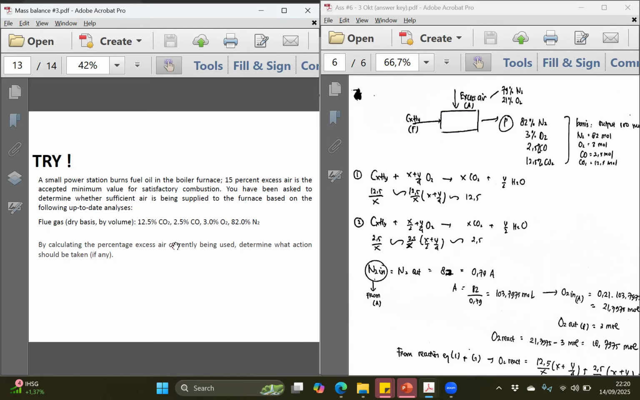If it's less than 15%, then of course the combustion will not be satisfactory. However, if it's higher than 15%, there will be a profit loss, right? After we determine the percentage of excess air, we are asked to determine what action we should take. Should we reduce the amount of excess air or increase it? I will copy the data of the flue gas